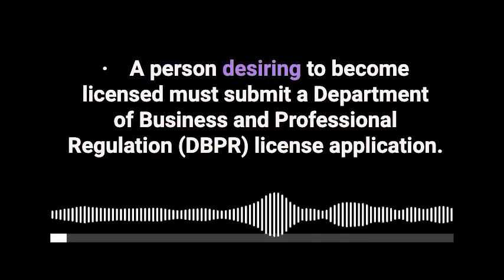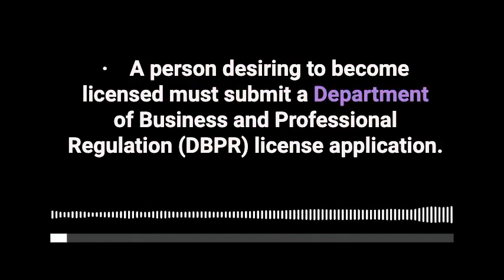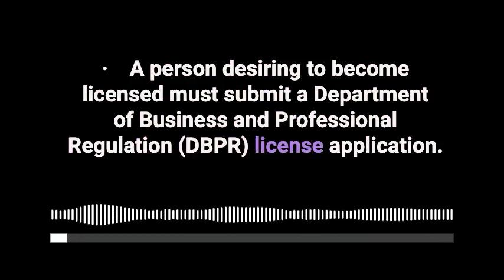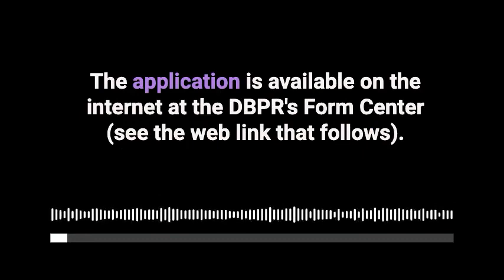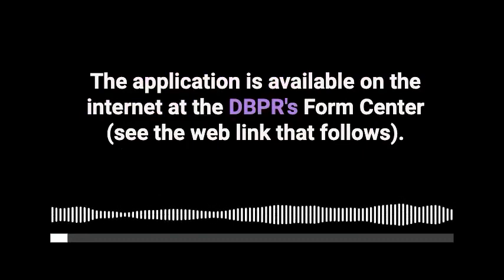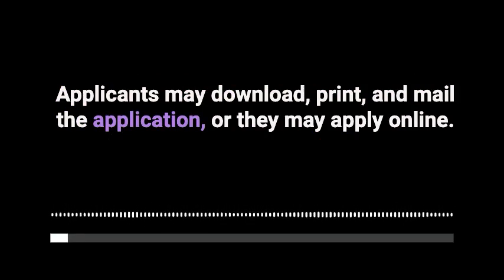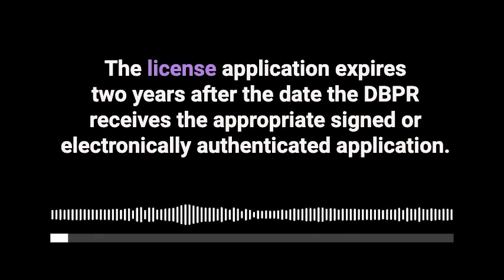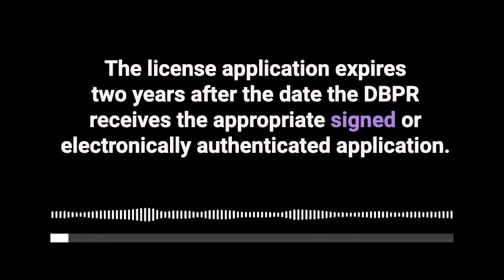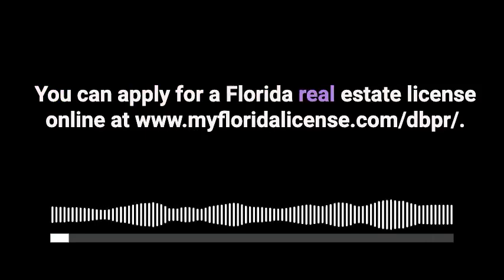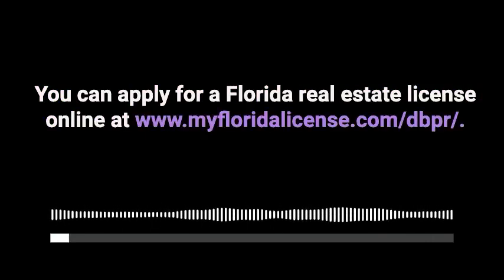A person desiring to become licensed must submit a Department of Business and Professional Regulation license application. The application is available on the internet at the DBPR's Form Center. Applicants may download, print, and mail the application, or they may apply online. The license application expires 2 years after the date the DBPR receives the appropriate signed or electronically authenticated application. You can apply for a Florida real estate license online at